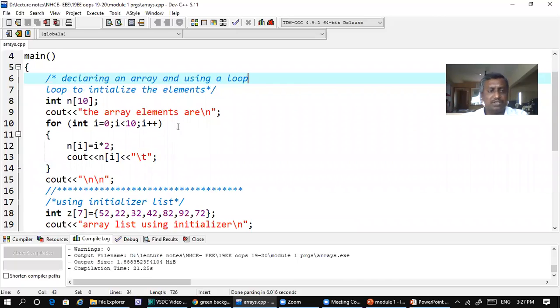Then how do we do this? In line number 8, we have declared an array called n. It is going to store data of type int, and within brackets we specify the size: it's going to have 10 elements.